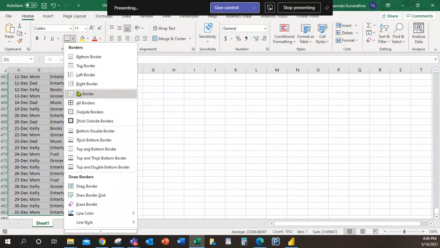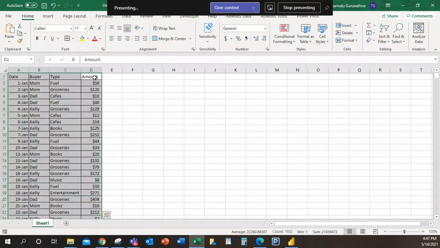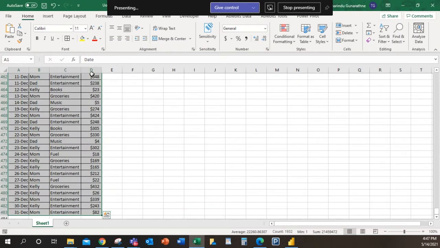Okay. Now, is this a table? Hmm? No, right? This is not a table. Those are like borders, and these cells have some set of values. This is not a table. Now, let's say if you need to convert this into a table, then you can, let me copy that file